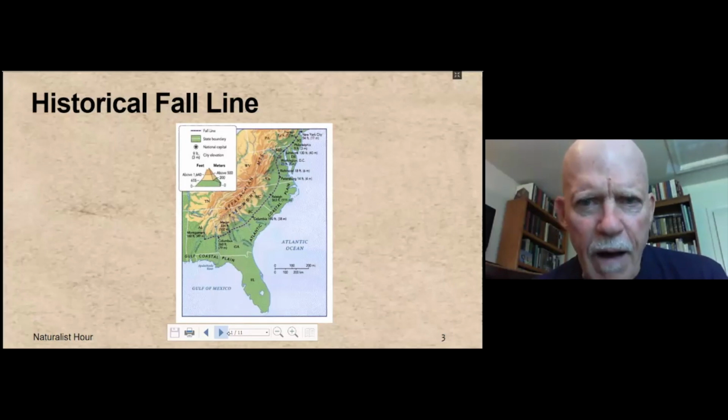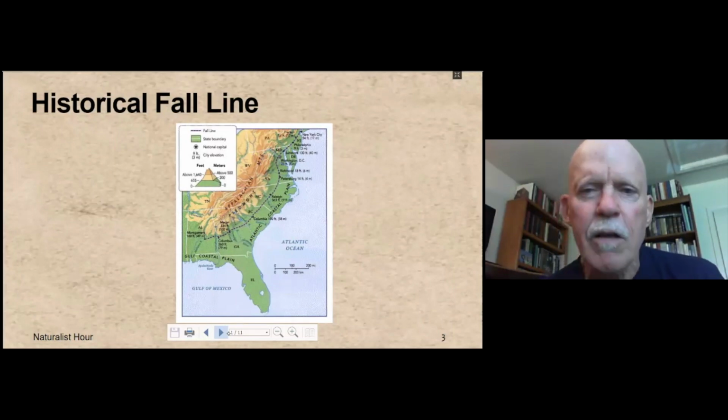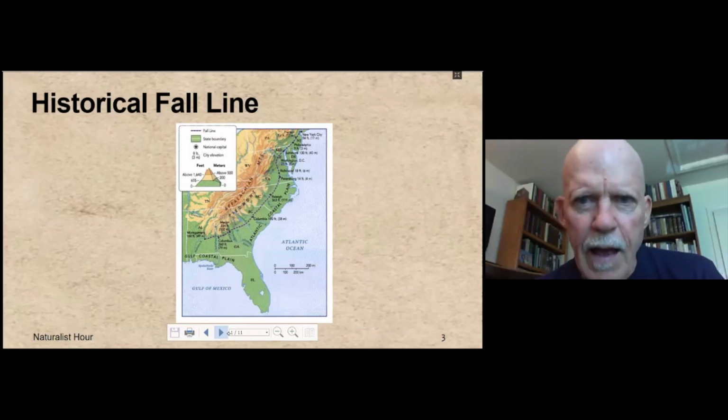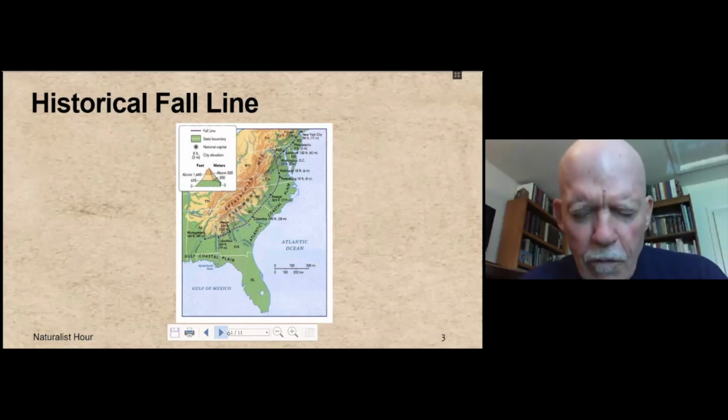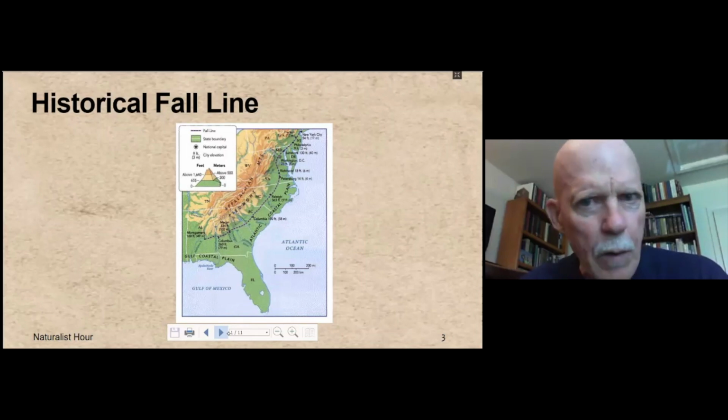Now, as I said, I grew up in Philadelphia, and I asked my teacher, where's the waterfall on the Delaware that prevents the ships from going past the city? And of course, my teacher didn't know. So there is already a little bit of murkiness in this idea. The basic idea is that the navigable ships of the colonial era would be able to travel upstream a certain distance, and then they would get blocked.